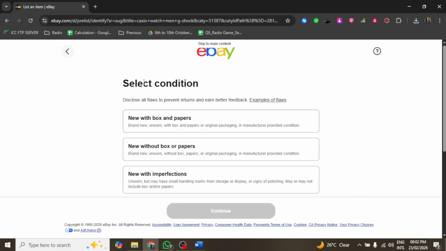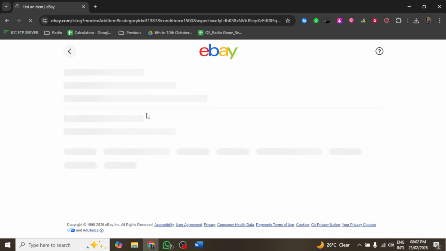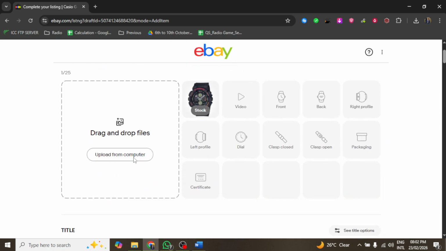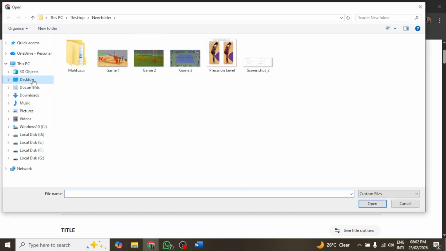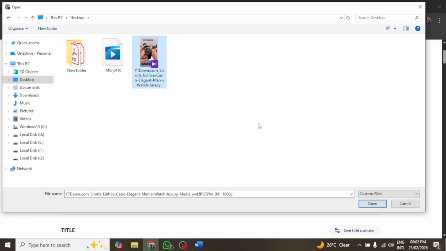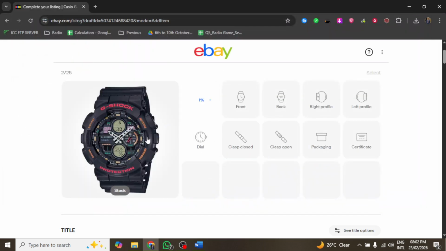Next, it's time to replicate the winning elements you've identified. Start by crafting your title using similar formatting and relevant keywords that you found in successful listings. When creating your listing, ensure you include comprehensive item specifics, such as brand, model, size, and condition. Use high-quality images that clearly showcase your item from multiple angles. This not only enhances the attractiveness of your listing, but also provides potential buyers with the information they need to